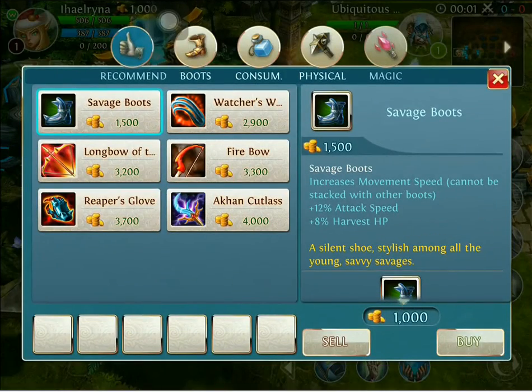I'm playing Alahera, the Elf, the archer, so everybody's familiar with this. Now, Gameloft has given us a good set, not the best set of items. This is called the recommended item set that Gameloft gave us, which for the archer is pretty good. I wouldn't say it's the best, of course, but